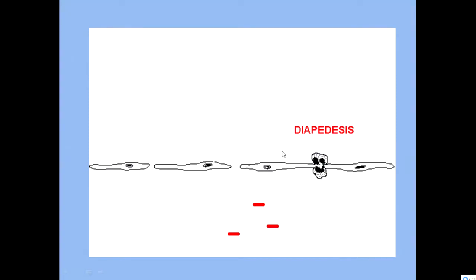Okay, diapedesis. This portion is diapedesis. Passage of neutrophil across the blood vessel to the site of injury is diapedesis. Margination is movement of the centrally moving neutrophils to the periphery of the blood vessel, and they start rolling over the endothelium, and through the endothelial gaps they will transfer outside the blood vessel. This portion is called emigration, and one by one we will try to elicit the details.